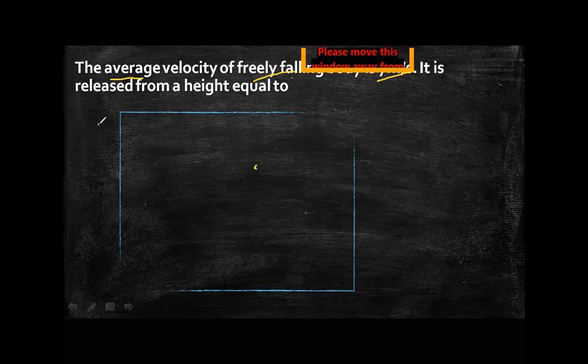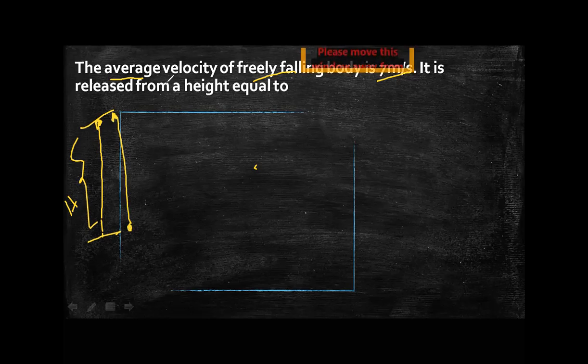Let us say I draw a line like this. You need to find my height, the height from which you drop the object. The object is freely falling. When I say freely falling, its initial velocity equals 0. Whenever I use the words freely falling from a certain height, you should immediately say that the initial velocity equals 0.